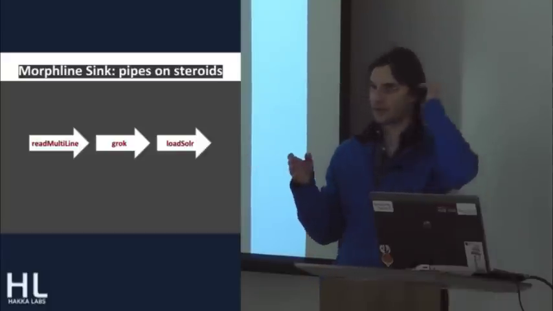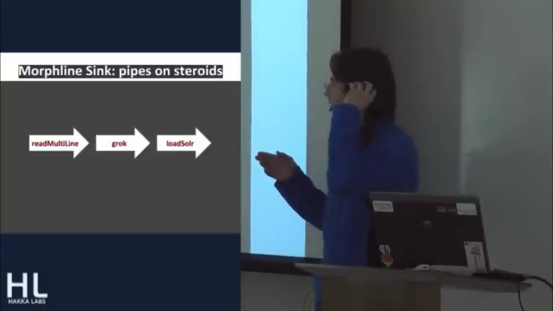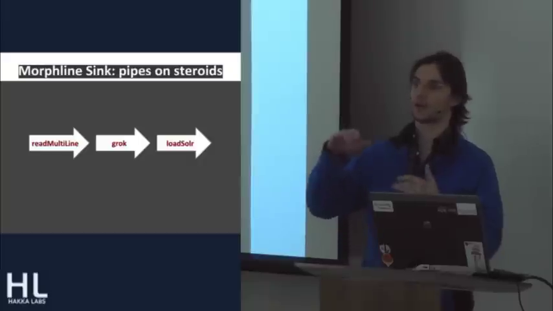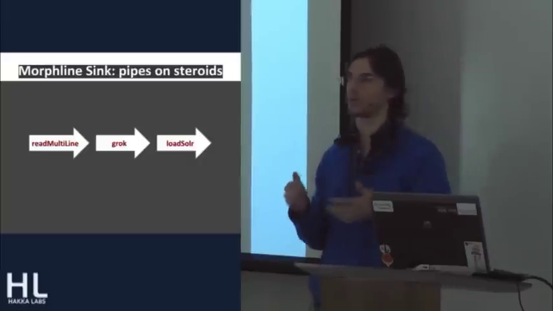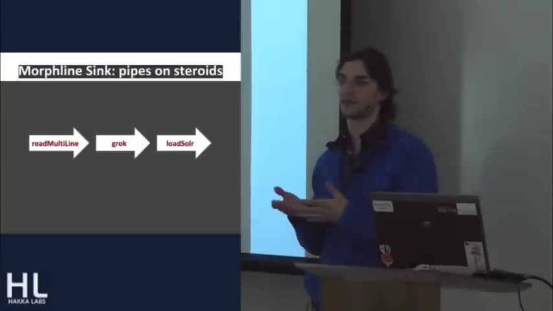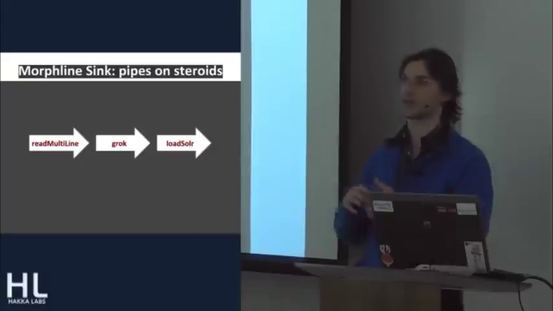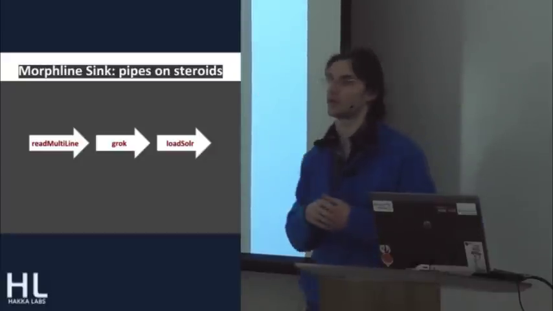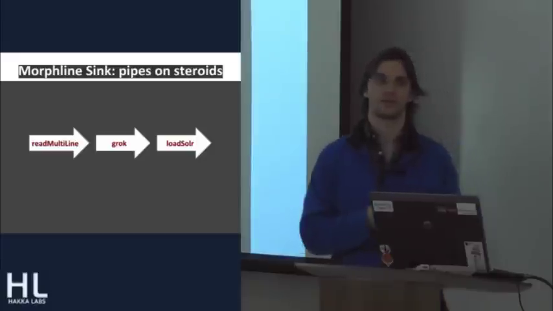So if logs are coming in, then you can have a command that reads one line at a time, or can mesh multi-line logs into one event. And then you can use the grok command, which is a port of what Logstash does with grok. And you can have a load Solr command, which will load then your logs to